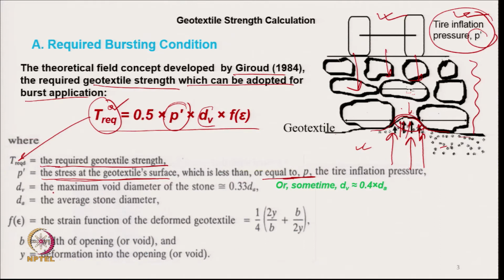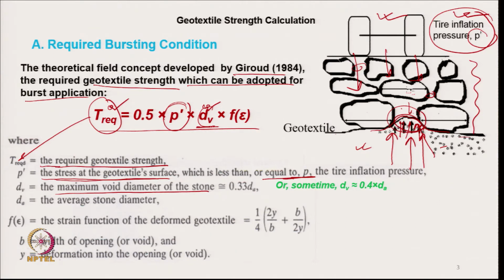dV is the maximum void diameter of stone. So, this is the maximum void diameter. The diameters of void are different at different places, but the damage will occur at the maximum diameter, keeping all other parameters same. So, that is why in this calculation we take dV as maximum void diameter,